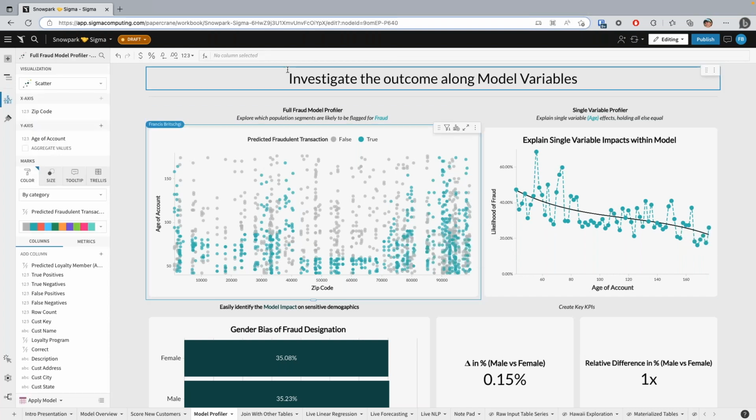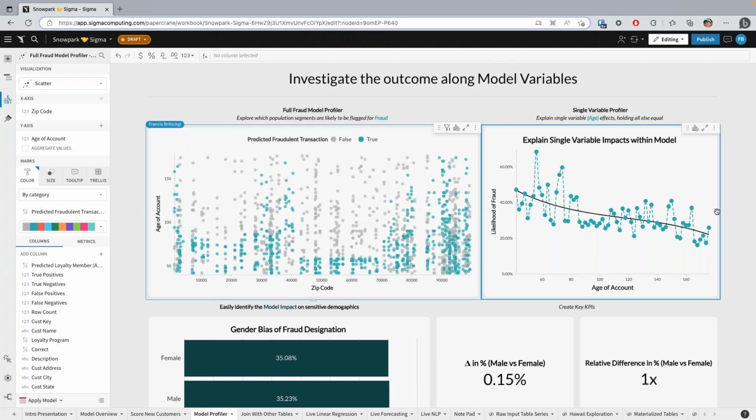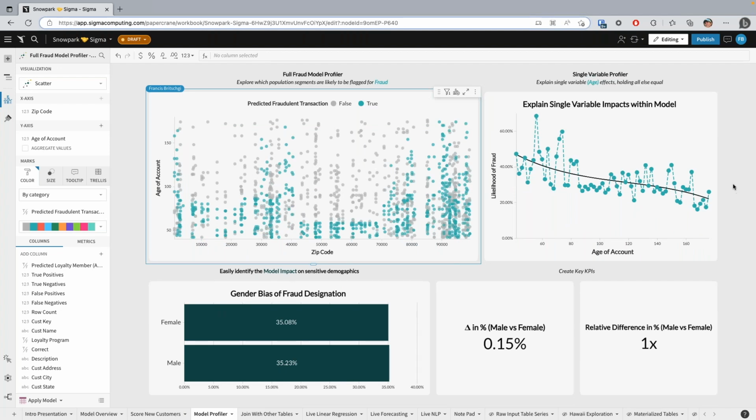So on the left, I have a model profiler where we're able to see the age of the customer and the zip code on the x-axis and see where the approval did or didn't happen. So in gray, we see where folks were not approved. In blue, we see where folks were approved, and we can start to get a sense of the shape of our model. It's a decision tree that's actually running on the back end, and we're able to see the cut points that decision tree made. Like this whole segment here was not approved. This whole segment was not approved.